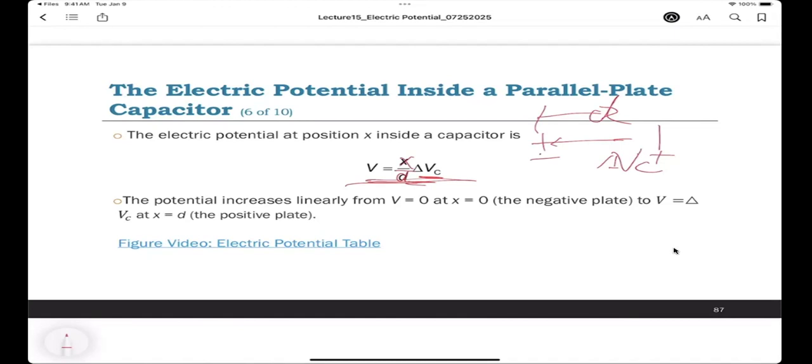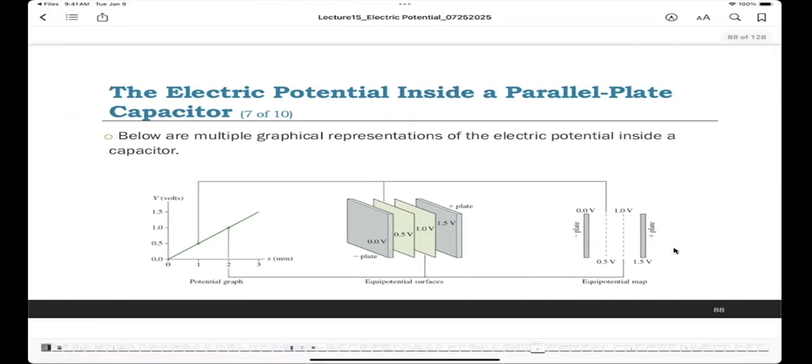The potential increases linearly from V equals 0 at X equals 0, the negative plate, to V equals delta VC at X equals D, the positive plate. You can also check this video to see the electric potential table. Okay, let's talk about